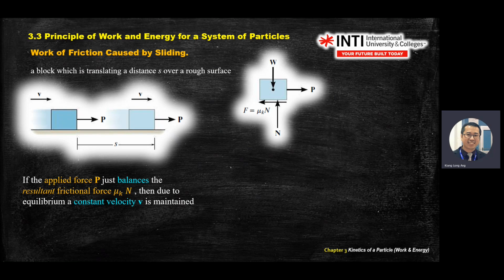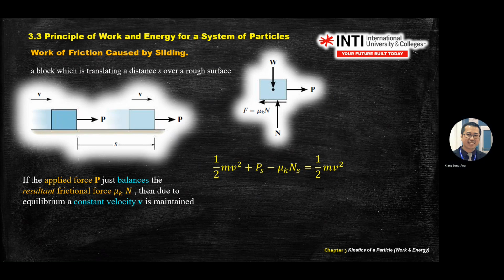In this case, the friction force will take the same form, but the work done will be negative, because friction force always acts in the opposite direction to your motion. Make sense? So in this case, if you write the principle of work,